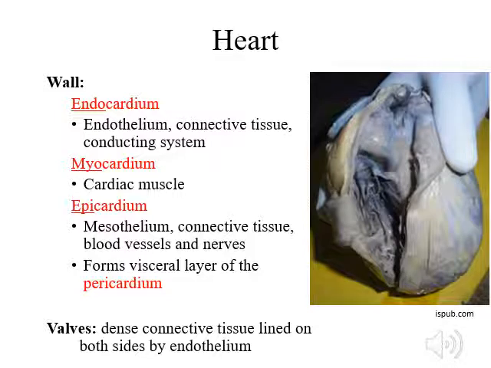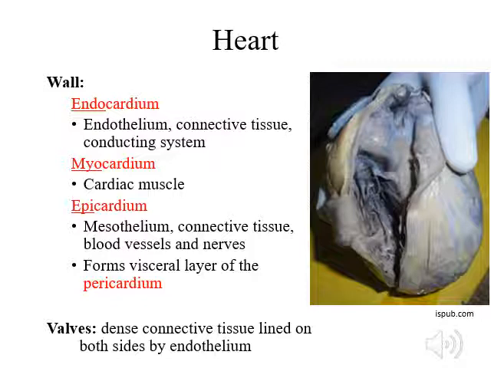The heart is essentially composed of a very muscular wall with various valves. Now the layers of the heart wall is composed of 3 layers. We have the internal endocardium. So this is composed of a layer of endothelial cells. Recall, endothelial cells are simple squamous epithelial cells. And these cells are overlying connective tissue that contains some smooth muscle fibers, as well as branches of the heart's impulse conducting system. This conduction system is said to exist within the